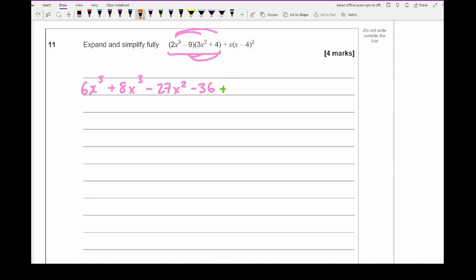And then working with this, well, x minus, let's not do it there. Let's do it somewhere else. So x minus 4 squared is going to be x squared minus 8x plus 16. And I want x lots of that. So that's going to be x lots of x squared minus 8x plus 16. Then simplifying this, I end up with x cubed minus 8x squared plus 16x. So if I move this pink and just rewrite it again,